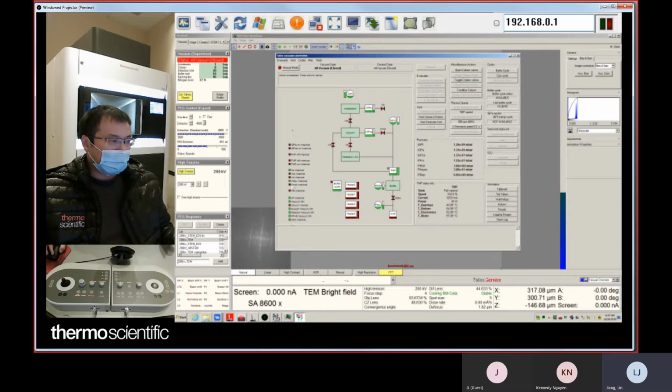Right now, in all states you don't see any red, you don't see any error. That means all good. If you hover your mouse here, you will see the typical pressure for the gun,